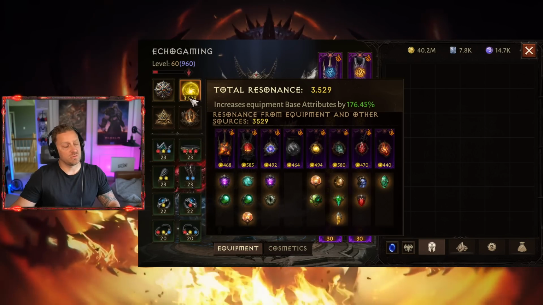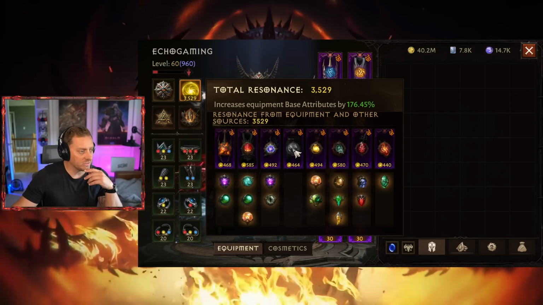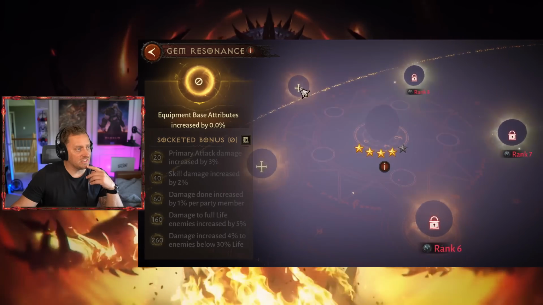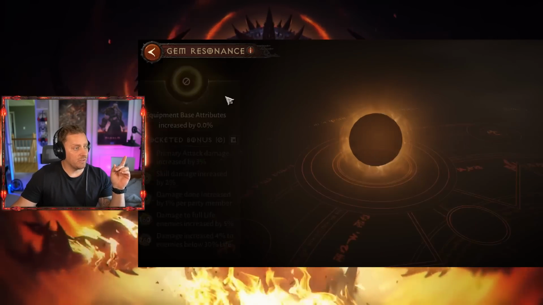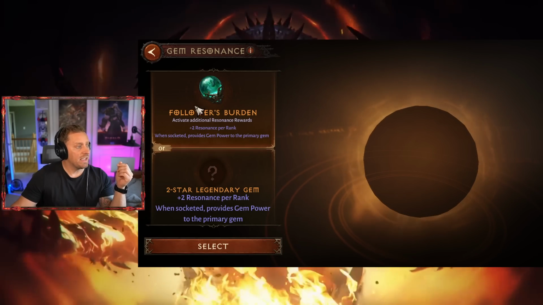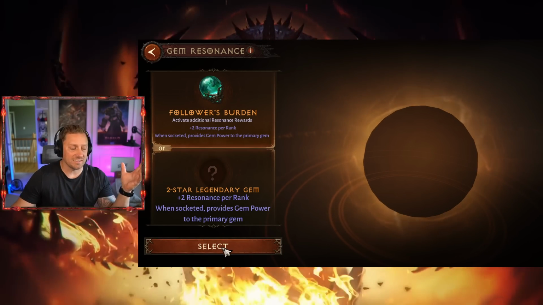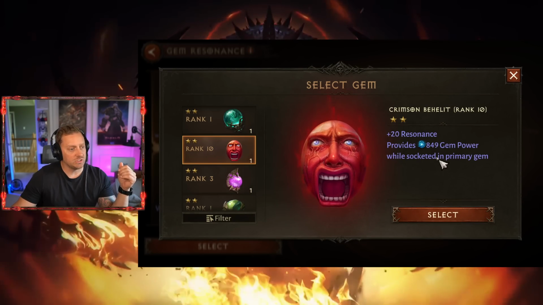So you notice my resonance went down to 3,529 from the 4,019 it was. Okay, so here we're going to go into gem resonance, and these slots do require a certain gem if you want those additional bonuses on the side, but it's not required. You don't have to do that. So right here, I could take any gem. It's saying to get the bonus, I could use a follower's burden. You could organize that later if you happen to have those gems. But for now, we're going to put in the behelit, which is going to provide